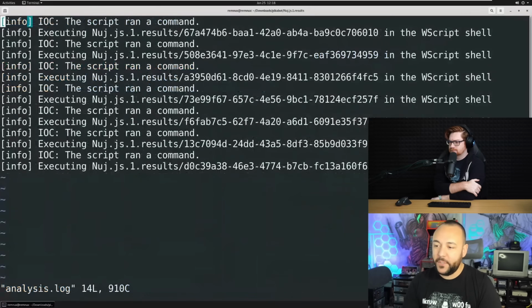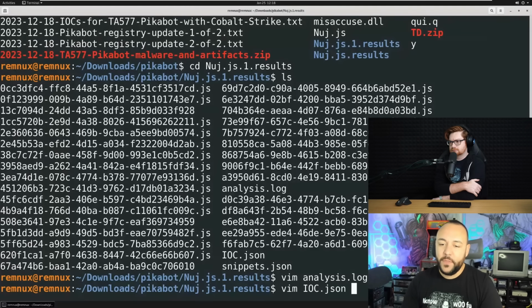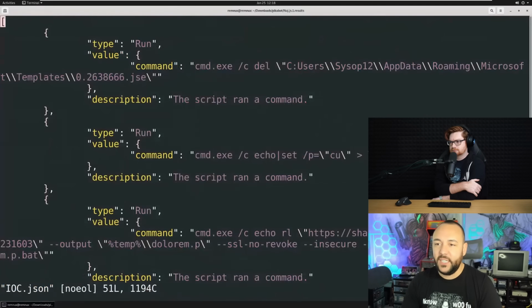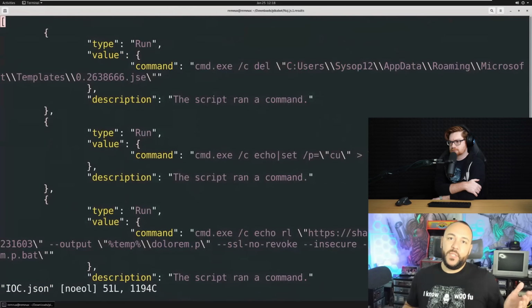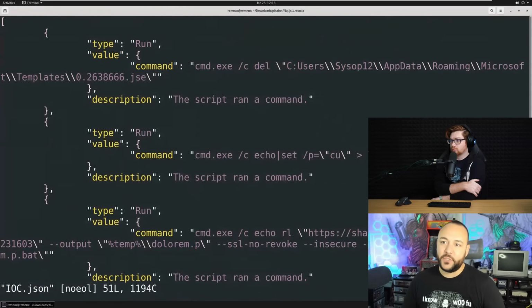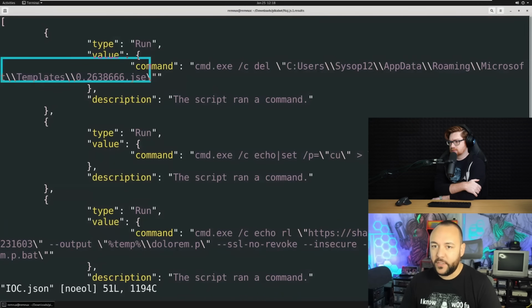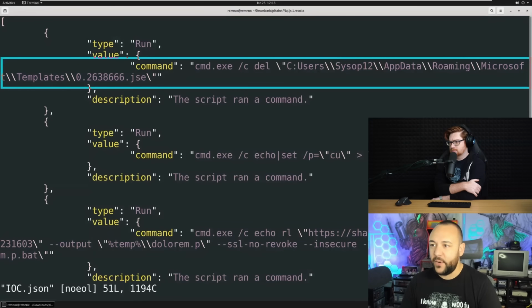If I look at, for example, analysis.log, it's the output from the tool when it ran, basically saying I found these little scriptlets, they created other scriptlets, we dropped them to the disk, so on and so forth. But you'll notice it references IOCs. So if we then just go take a look at ioc.json, boom, this essentially shows us exactly what the script does. Looking at the screen, I think my zoom level is good. I don't want to highlight because it'll be hard to read, so I'll just use this guy right here.